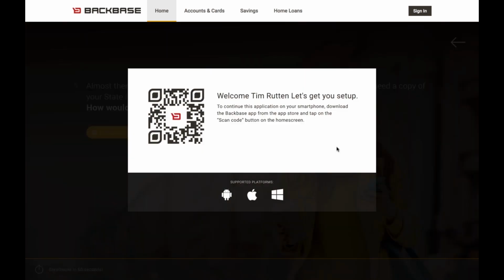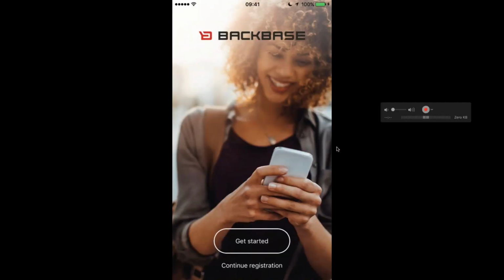So what you see on the screen right now is that we generate a so-called QR code as one of the existing patterns to basically take the next step on a mobile device. And as a matter of fact, I have my mobile device here on the screen. I'm going to wait a little bit because of the lag on the line, obviously. But what we're currently looking at is a Backbase mobile banking application. And obviously, this could be any type of bank using it.